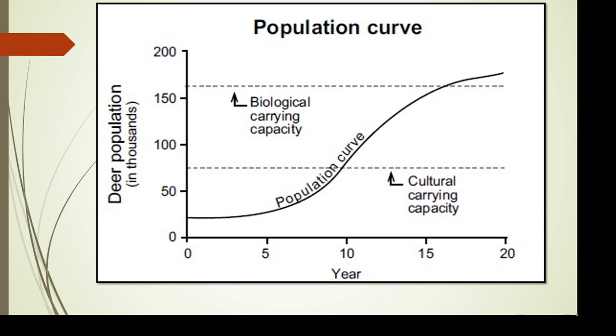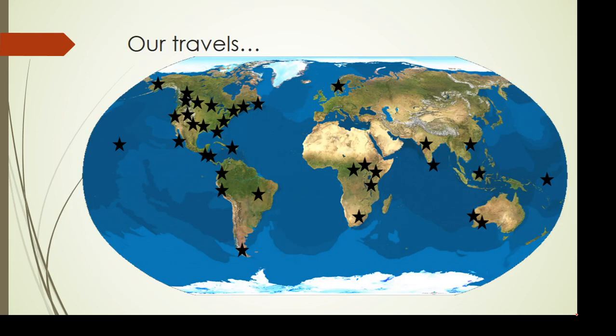And some of the reasons they wouldn't is the deer, for example, eat all my bushes. They eat the crops. They run out in front of my car. Predators would be another one that's easy to explain why the cultural carrying capacity would be lower than the biological one. Yeah, sorry for that screw up.